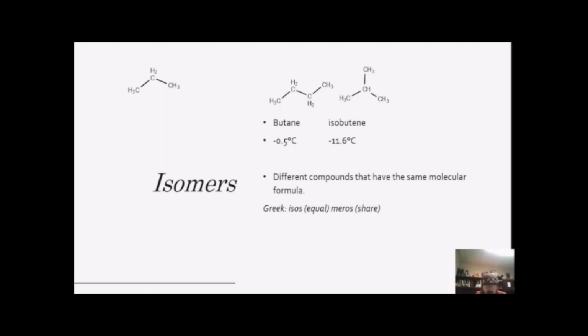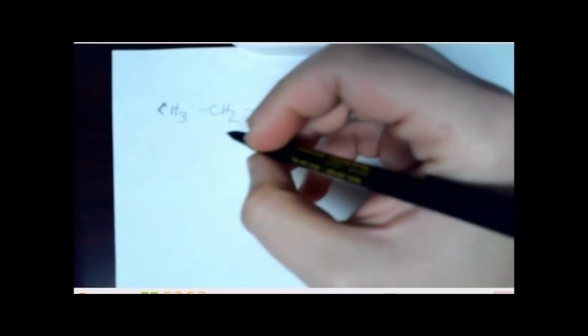We'll start by looking at how many isomers are possible with pentane. We have to start with the two different versions of butane, butane and isobutane. That's butane. Now let's look at where we could replace one of our hydrogens with a methyl. If I attack here,